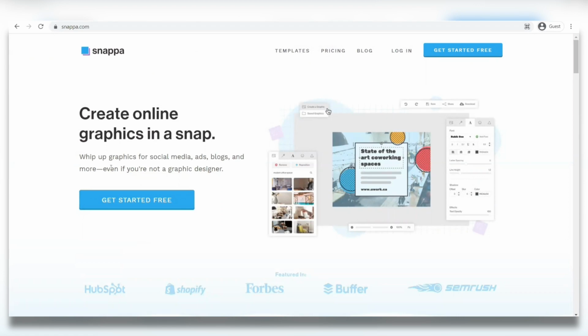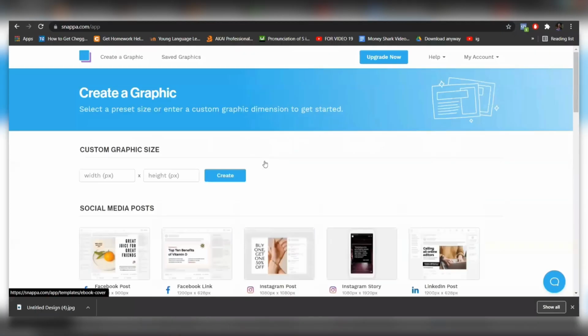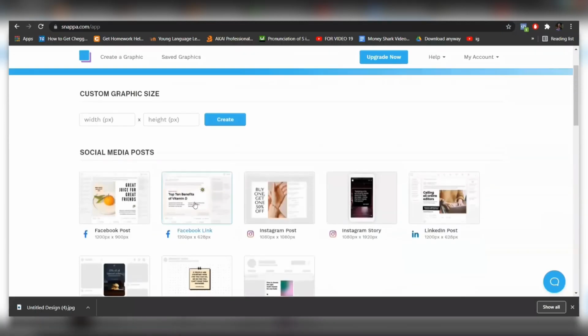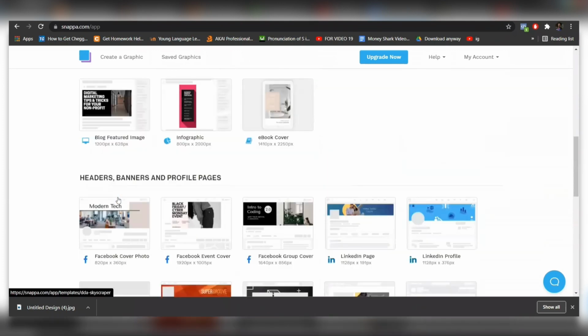You just need to click on Get Started for free, then proceed to fill in the sign-up details being asked. You have your name, your email address, and password. Do the CAPTCHA and hit on Get Started free. Now, once you're inside your account, you're going to finally be able to create different designs in a snap of a finger. Literally, you can choose to make social media templates, posts, and all that,